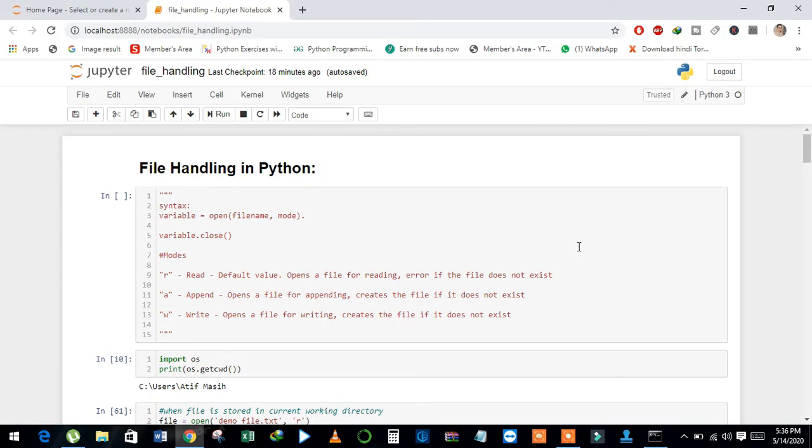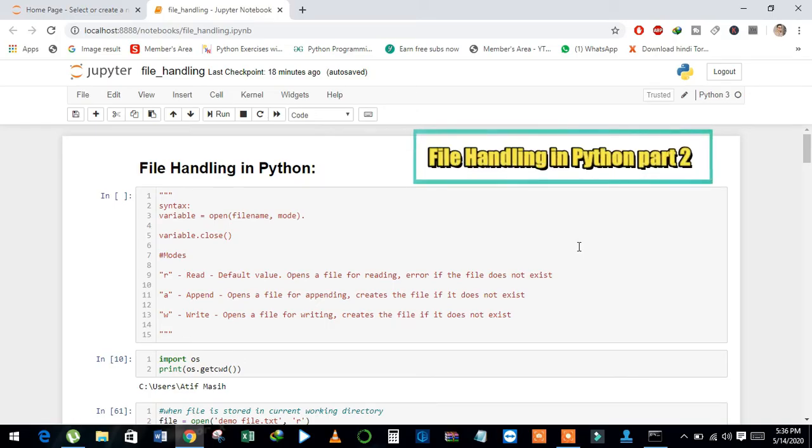Hi guys, welcome back. This is the second part of file handling.